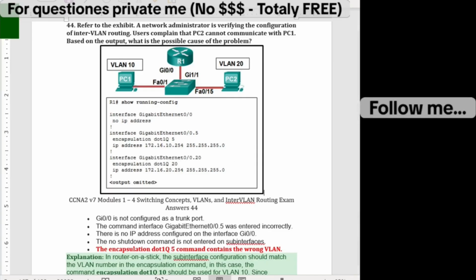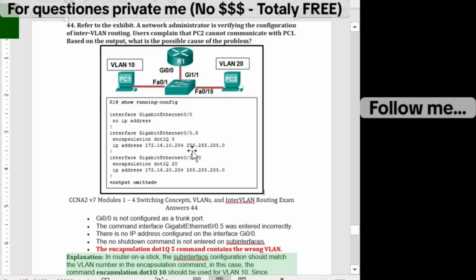Each subinterface is assigned to a VLAN using encapsulation dot1q VLAN ID. If you look here, interface GigabitEthernet 0/0.5 has encapsulation dot1q 5, and the IP address is provided as follows: